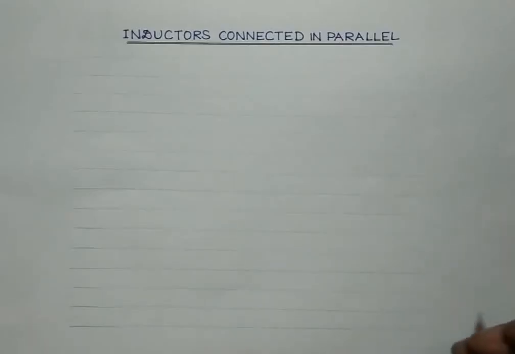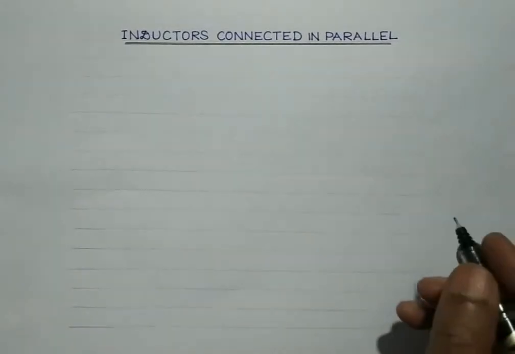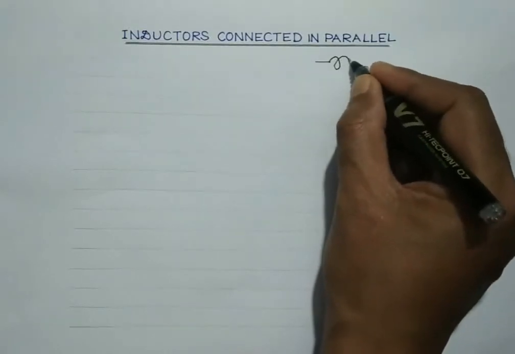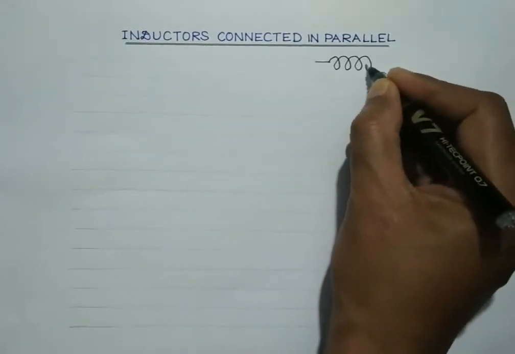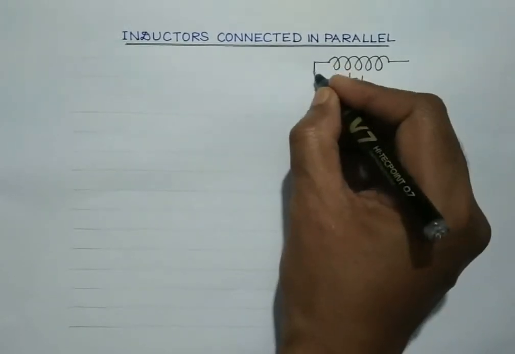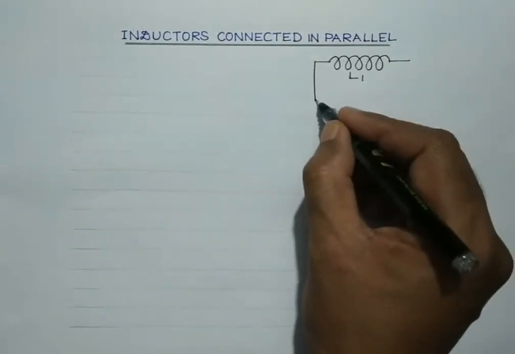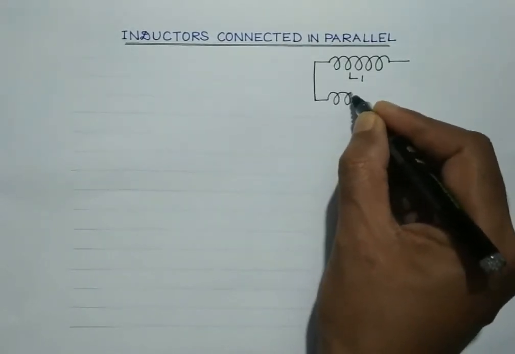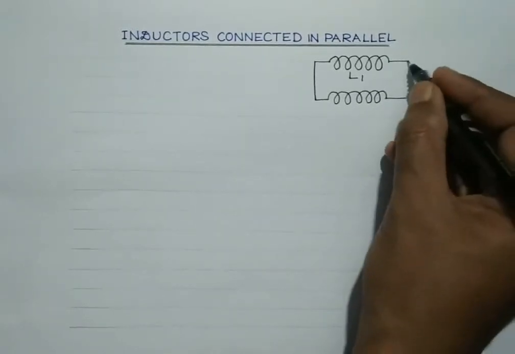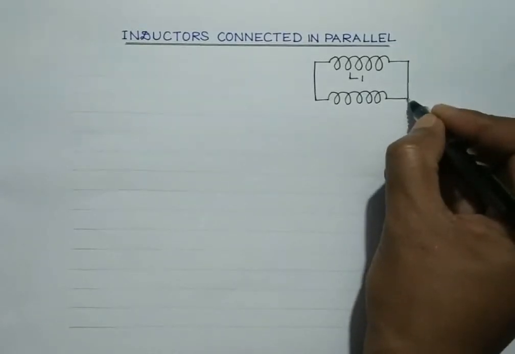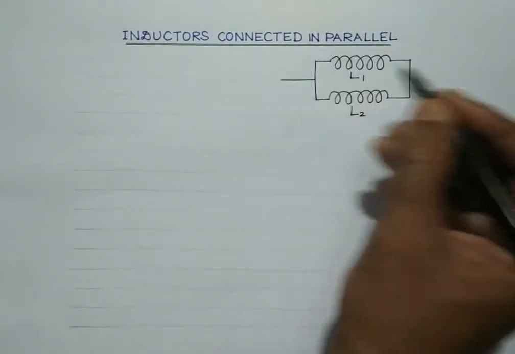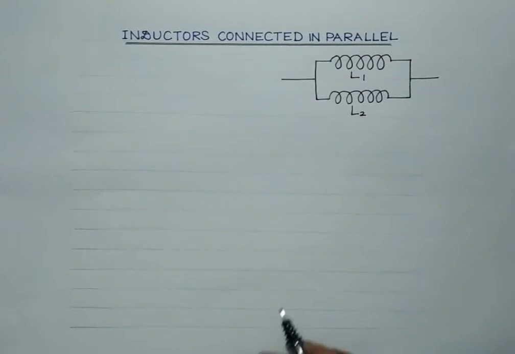Let us consider the case where the inductors are connected in parallel. So what we consider is, suppose these are the two coils of inductances, say L1 and L2. This is L1, and the other coil or the other inductor, say of inductance L2, be connected as shown in this figure, right? So let these two inductors be connected in parallel. So these are the two coils which are connected in parallel.